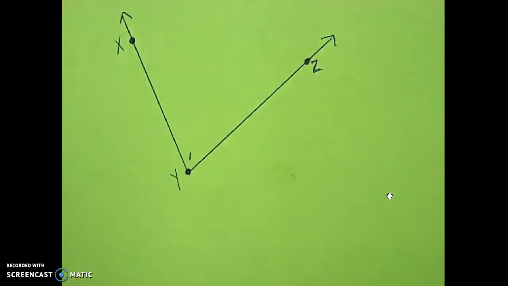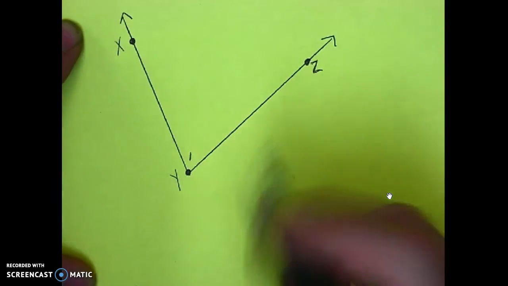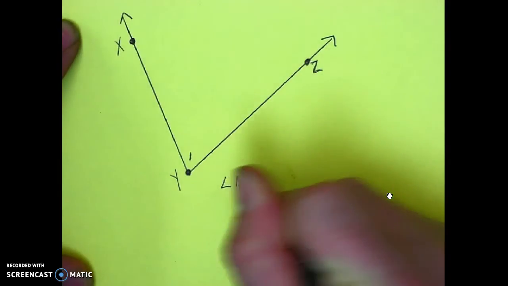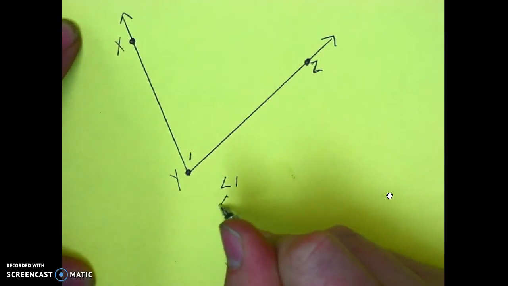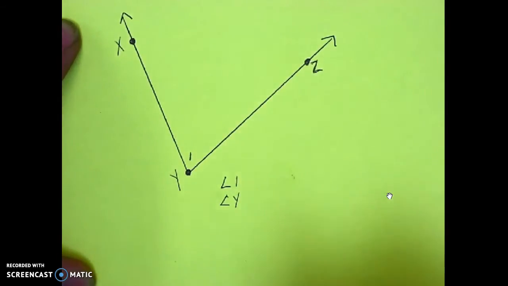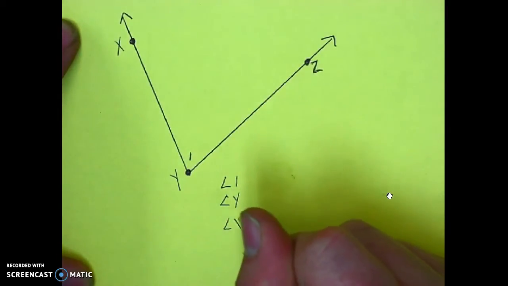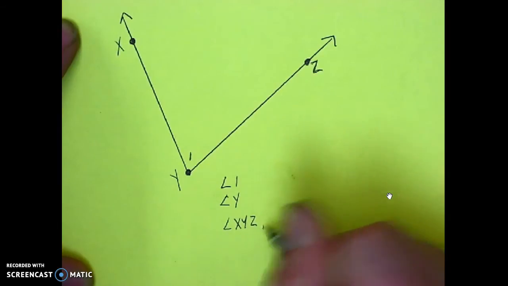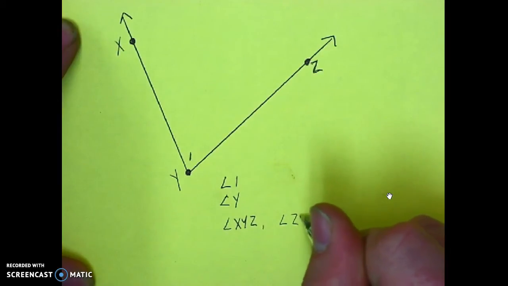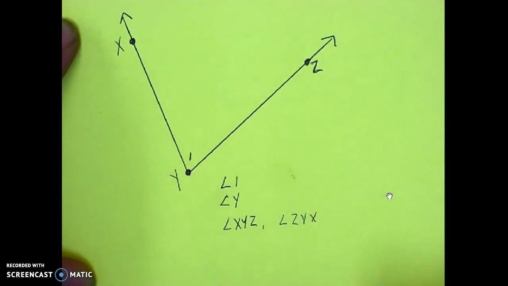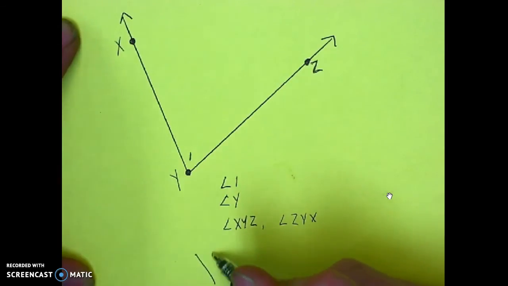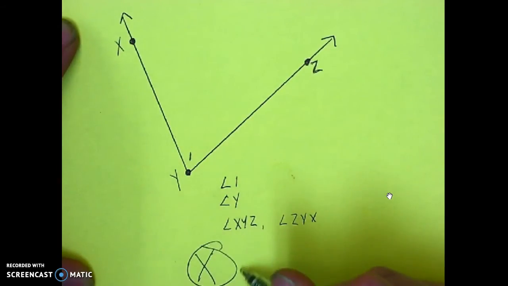There are three different ways to name this angle. We can call this angle 1. We can call this angle Y. We can call this angle XYZ or angle ZYX. We cannot call this angle XZY